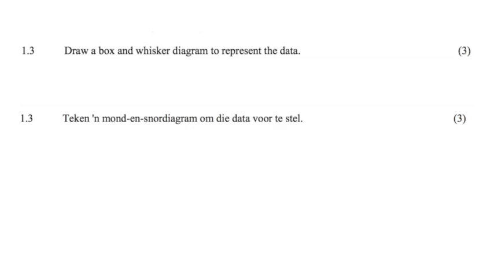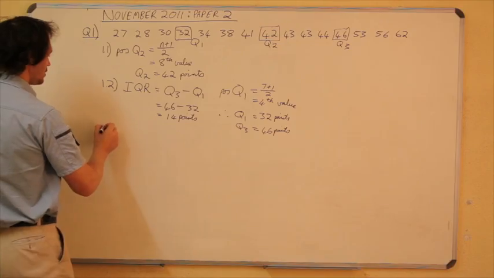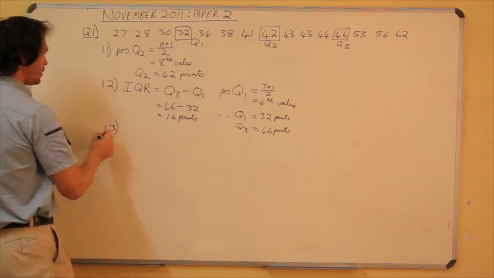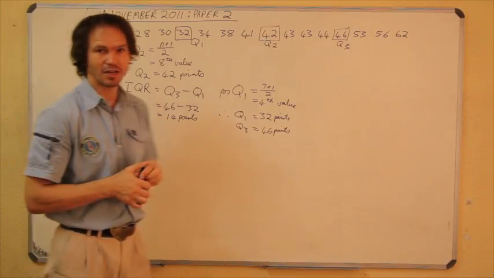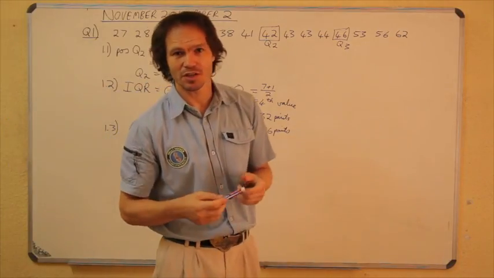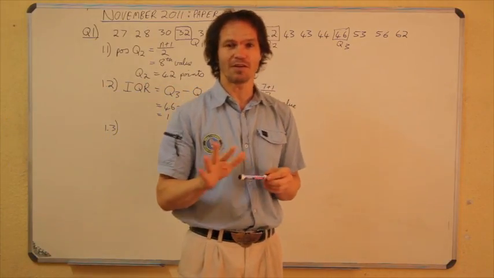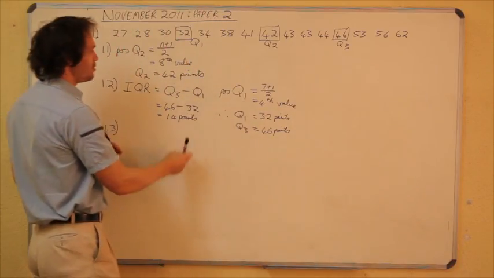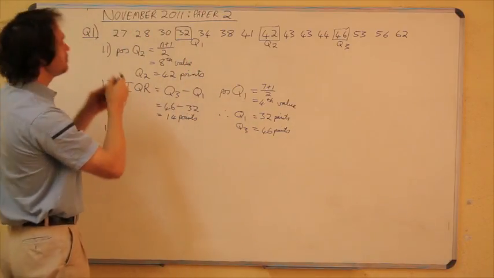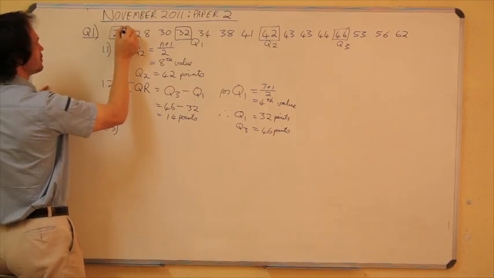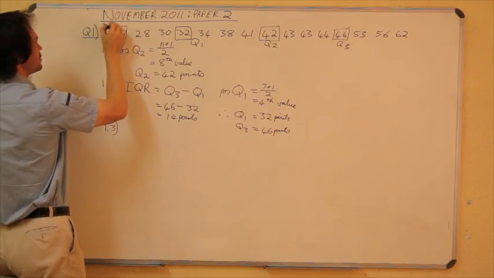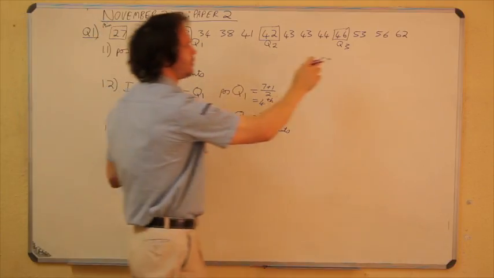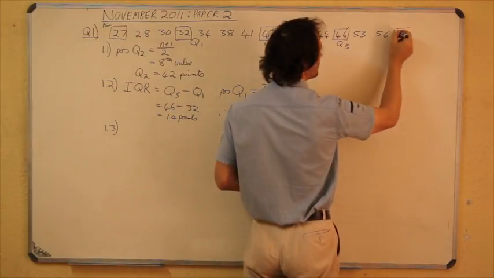Right, next one. Now they want you to draw a box and whiskers. It's number 1.3. Now the box and whiskers is basically a graphical representation of your 5-number summary. The 5-number summary being your minimum value, which is this one here. That's, I'll write it there, the minimum, all the way up to the maximum,